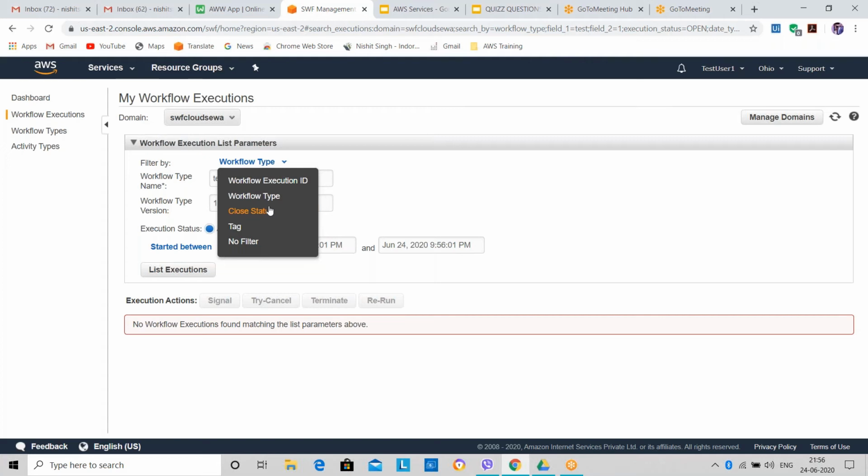Manoj, whatever you are saying, I can say that this is not perfectly correct, but this is correct. You use SWF workflow for the automatic execution of the different tasks in the background. So you don't have to go and do it again and again.